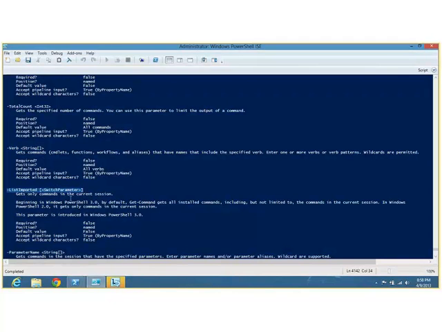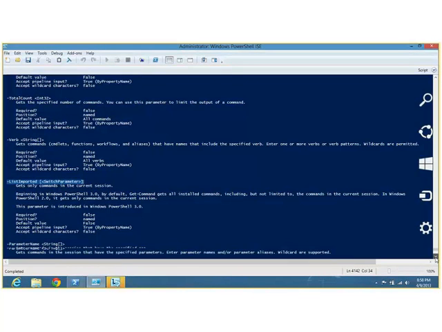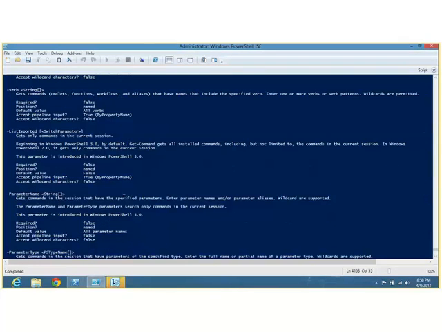And the list imported will show you, if you pass that switch, then it'll only get commands that are in the current session. The parameter name, this is a very useful one. We'll cover that in just a second. This was, as far as I know, introduced in Windows PowerShell 3. This will allow you to call Get-Command and use this parameter name